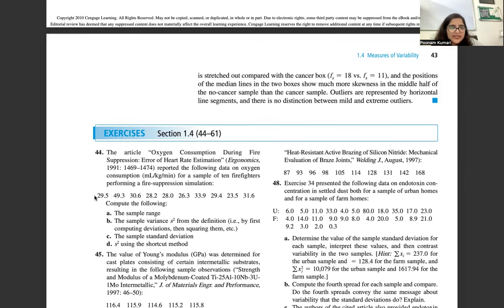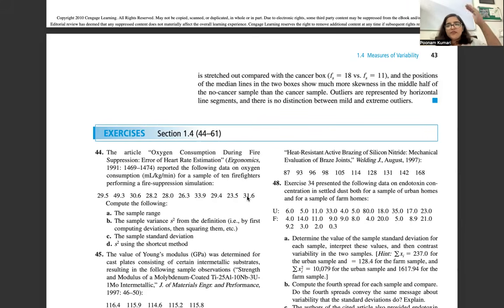So what will be a good idea here? You can see the first digit, the tens place: it's 2, 4, 3, 2, 2, 2, 3, 2, 2, 3. So 2, 3, 4, maximum these 3 values are there. So it's usually a good idea to put 2, 3 and 4 as the stem. And whatever is left, you can put it as leaf. So as leaf, you can write 9, 5, 9, 3, 0, 6, like that.